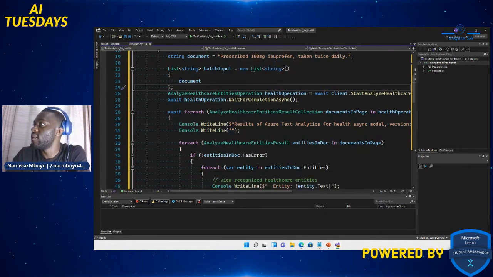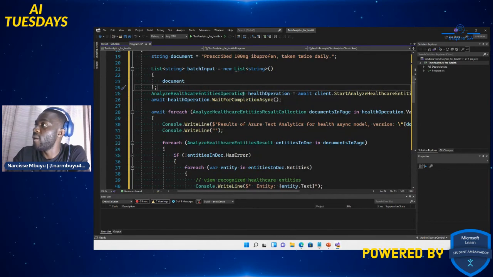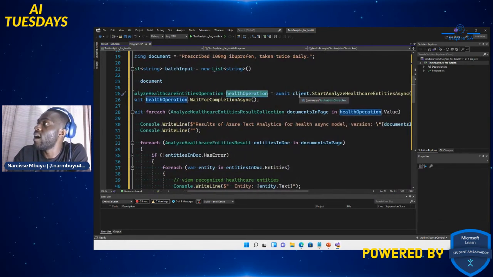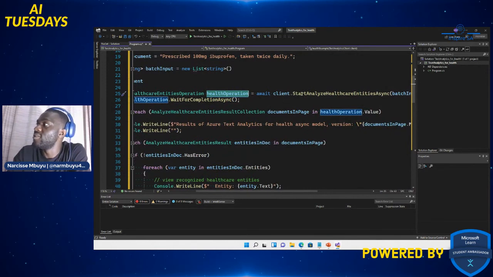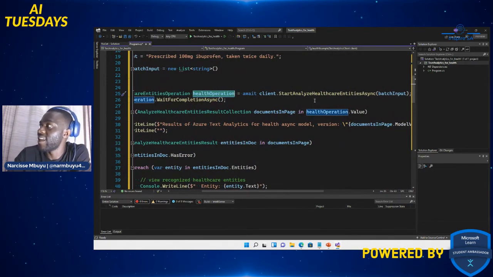So now after that, AnalyzeHealthcareEntitiesOperation, healthOperation, right? So that's then the name of our method, or again object oriented programming in place. So this is like a whole method in the text analytics API, and we're calling it under the healthOperation variable, is equal to await client.StartAnalyzeHealthcareEntitiesAsync, right?